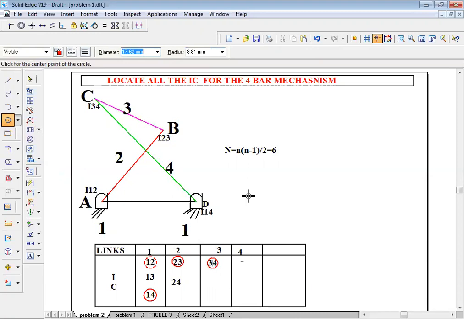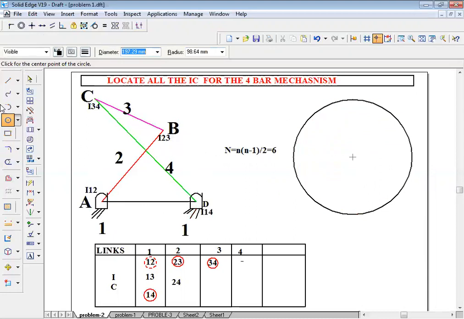Now the only unknowns are I13 and I24, which we have to locate using the circle diagram. So let us take the circle now. Same thing, I'll change the color to black. Choose any convenient radius, and we need to mark points on it depending upon the number of links.